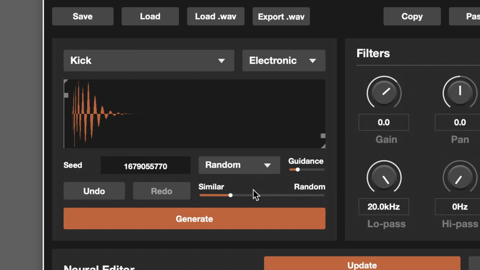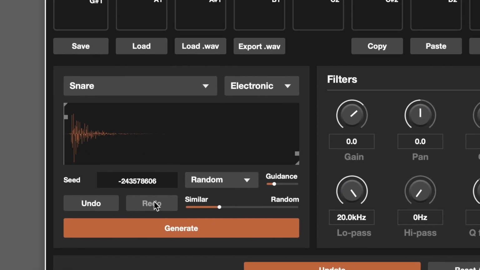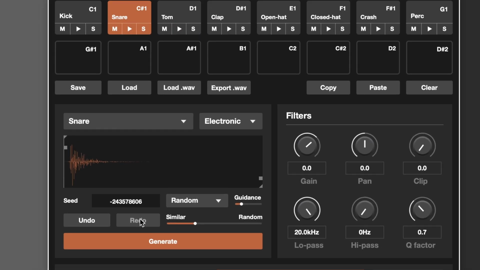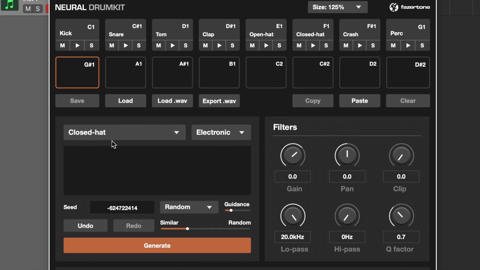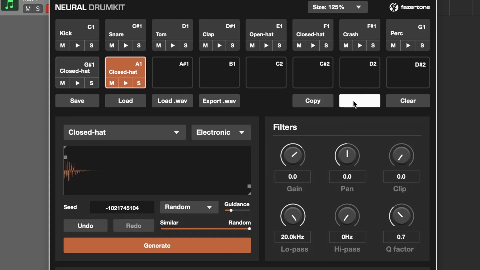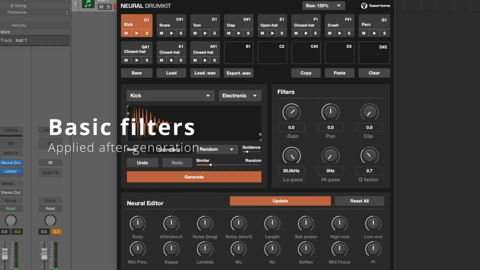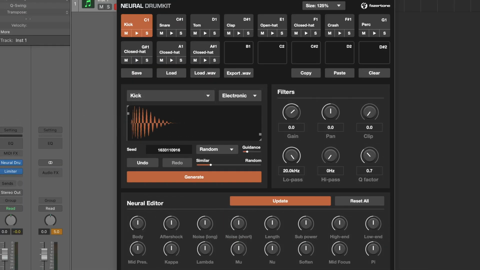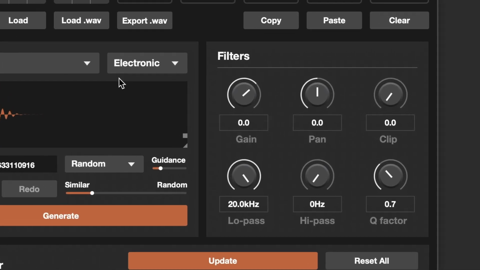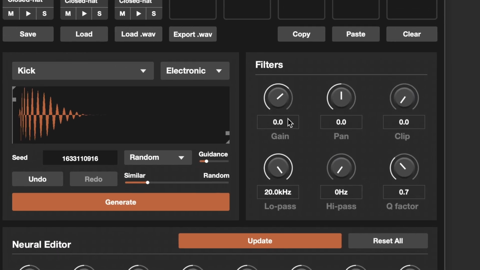You can use that to refine a generation that's already in a direction you like. Or you can create a group of slightly different samples that will sound more natural when you play them together. To directly edit your samples, there's two ways. To the right, you have a set of effects and filters, which are your typical gain,